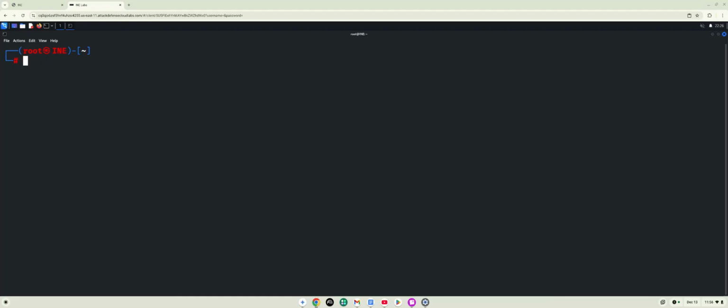All right. So to give just a high level overview of what VSFTPD is, it is actually short for the Very Secure FTP Daemon. It's an FTP server for Unix-like operating systems, such as Linux, that is known for its security, speed, and stability. However, even though it is known for its security and stability, there is a vulnerability in the